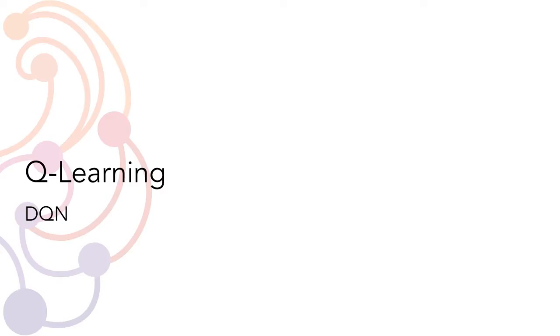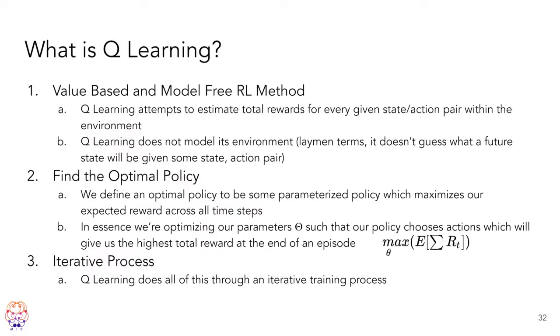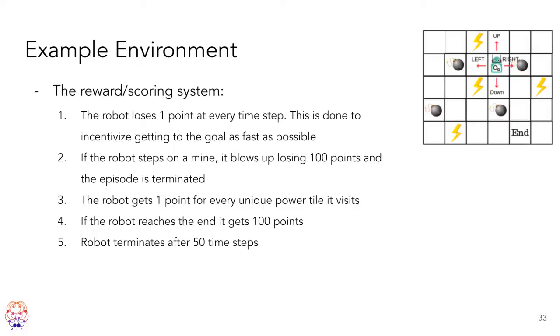Okay, so Q-learning. As stated before, Q-learning is basically a reinforcement learning method in which we're trying to predict a value function which is going to predict the maximum reward we'll get given some state and action pair. So it is a model-free reinforcement learning method. It's an iterative process, so we're going to be receiving a lot of different states and actions, redoing multiple episodes, etc. It takes a while to train, but it's kind of intuitive to understand, hopefully. So let's jump into it.